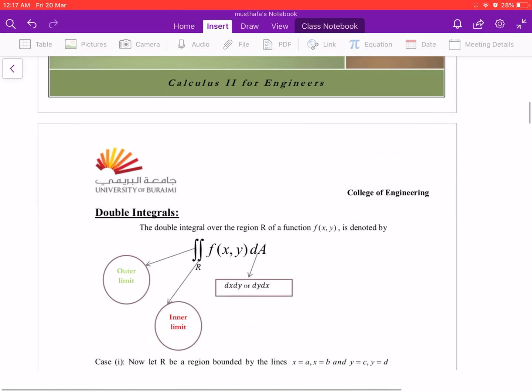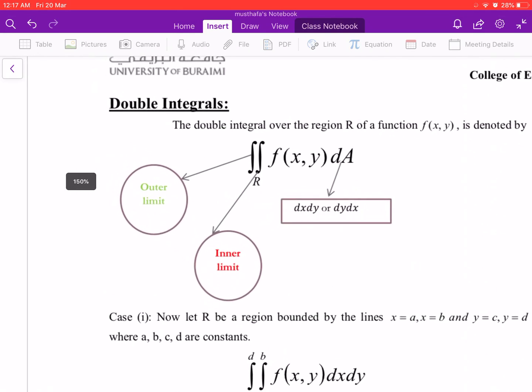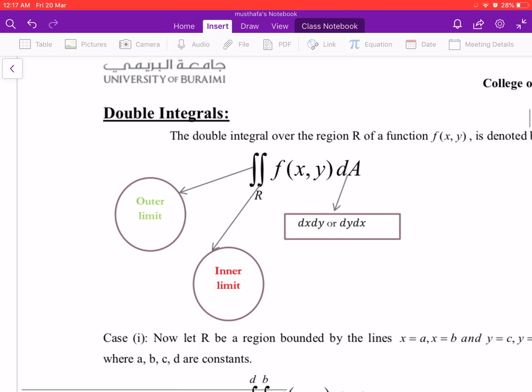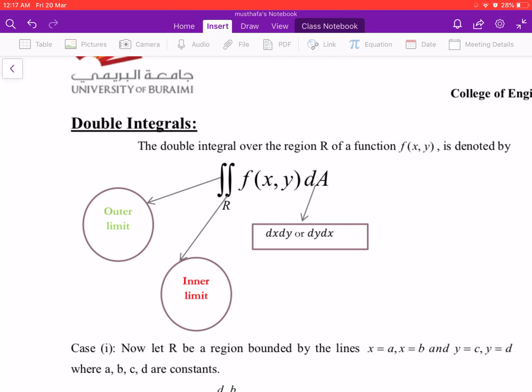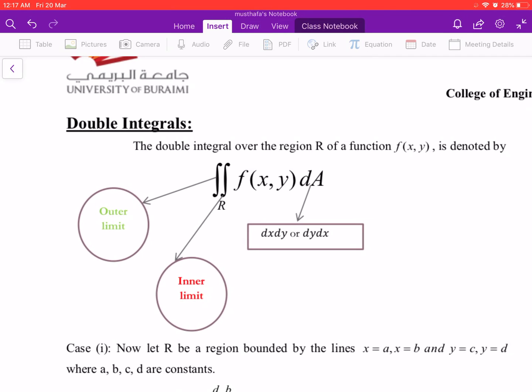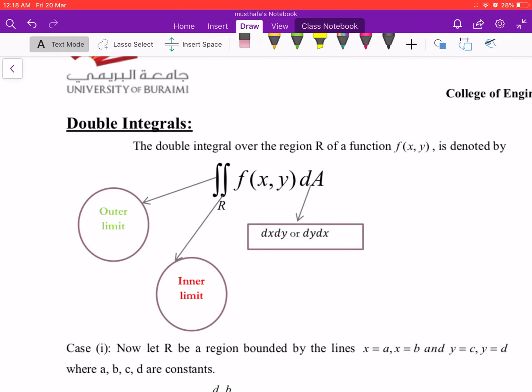So now, let us start with the double integration. The basic things that you want to know in double integration are, look at this definition of a double integration. The double integral over the region R of a function f of x comma y is denoted by, so you have to read it like double integral over R, the function f of x comma y into dA, where this dA represents